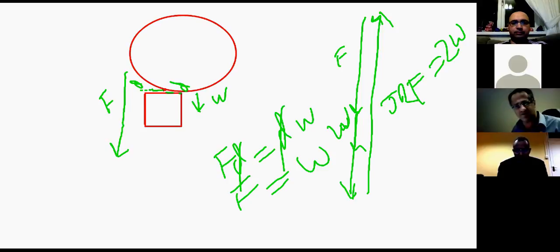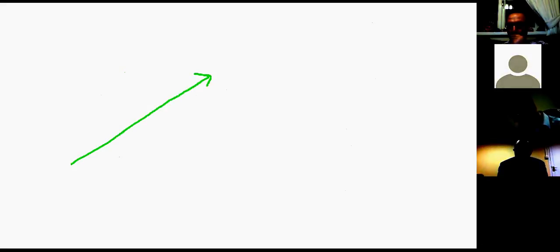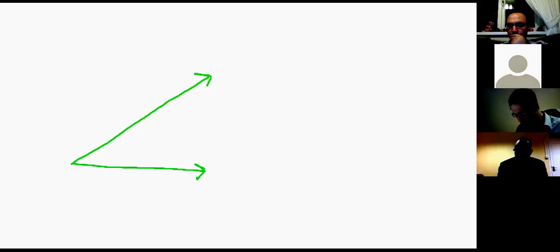Okay? I'm sorry, I just want to make sure you all understand. When you're drawing vectors, when you're adding vectors, you add them in the way you would add a parallelogram. But what we're doing is we're taking a little cheat. Instead of doing parallelograms, we're doing triangles. Just to show you what I mean, if I take a line and draw it like that, take another line and draw it like that, and I want to resolve the forces on this point here. These are two forces. If I want to resolve these two forces on this point here, I then draw a parallel line like this,